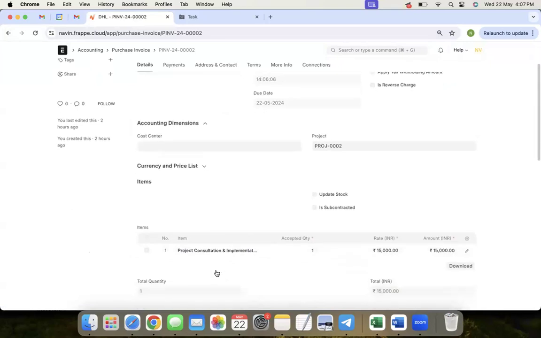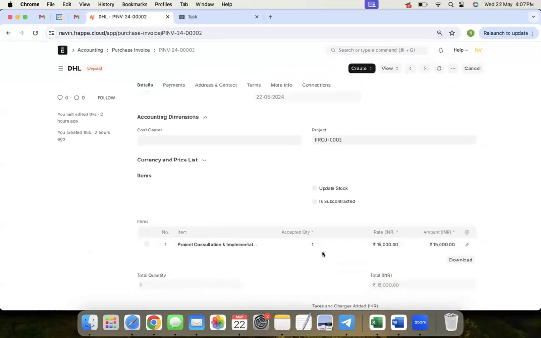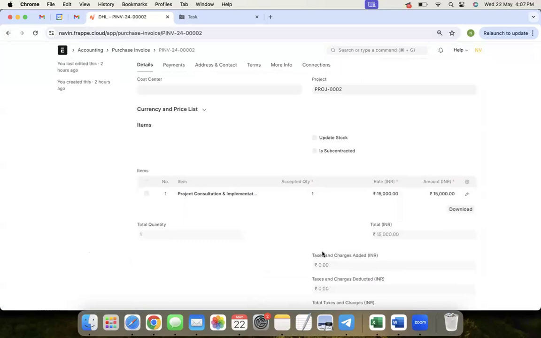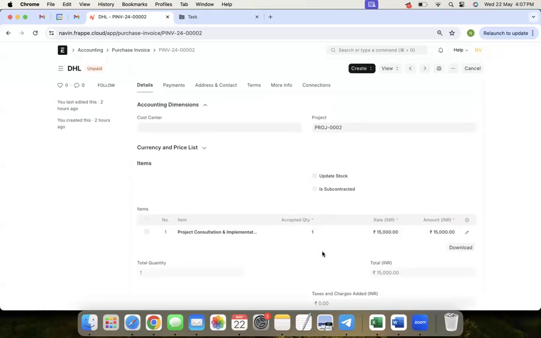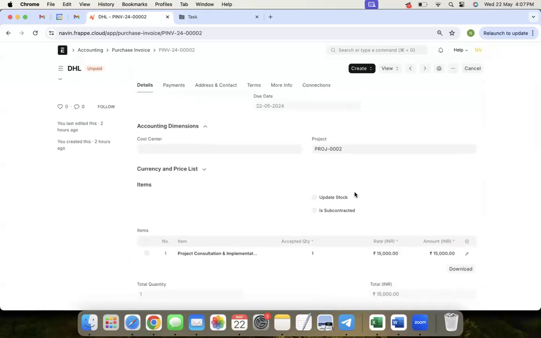And I have selected the item as a third party service. Maybe you are subcontracting some activity to another partner or a third party. This is the right example which you can use for the billing purpose, right? So you are taking the subcontracting efforts or services from another person to whom you have to pay, right? So you can create the purchase invoice against that